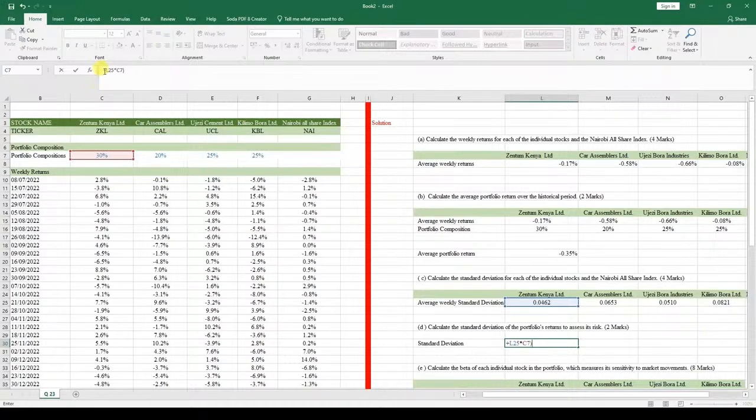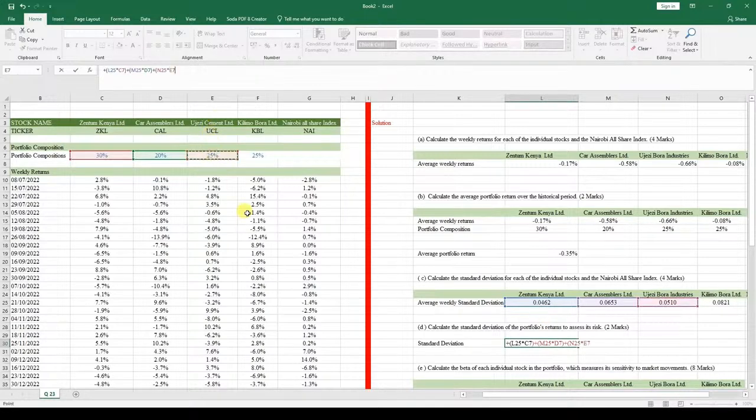So we close the bracket and we open another one over here so that it can actually pick the values the way we want them. Then we add the standard deviation over here. I forgot to open the brackets, so we open it right above over here. You can see it on the formula bar here. We open the brackets there, and then we multiply that with the car assemblers corresponding portfolio composition weight. We open the brackets, we pick Ujenzi Bora standard deviation, weekly standard deviation,